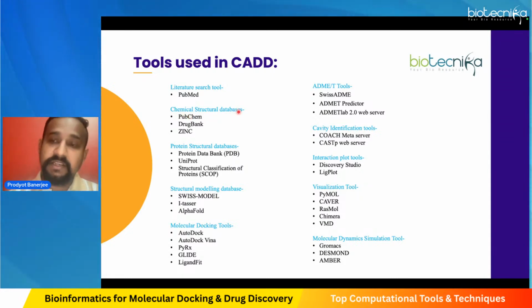For chemical search or ligand library preparation, you can have PubChem, DrugBank, ZINC for structures. IMPPAT database is also there for searching natural molecules. Then you have protein structure databases like UniProt, PDB, SCOP, CATH. Then you have structure modeling tools. If you want to do homology modeling, you can go for Swiss-Model. For ab initio, you can go for I-TASSER. Then you have AlphaFold, which is AI/ML based,